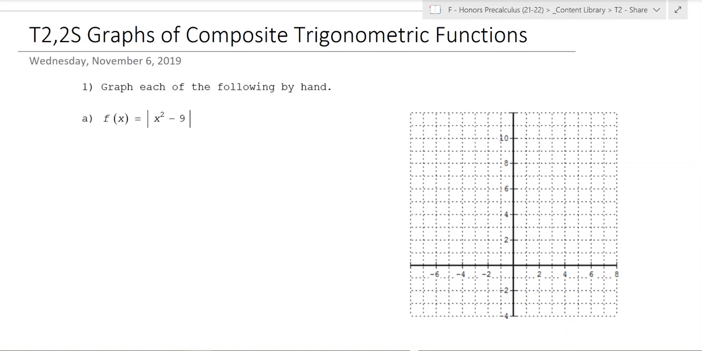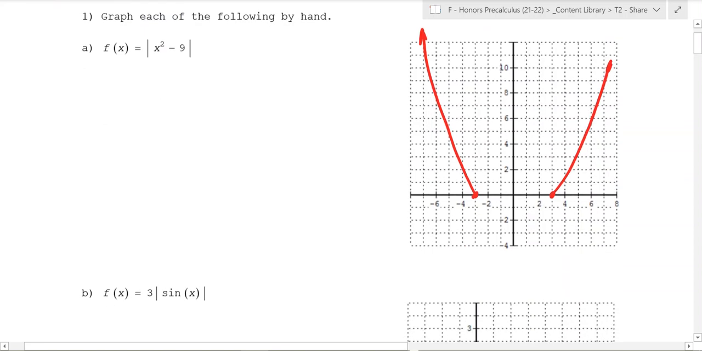Let's warm up with remembering what the absolute value function does to graphs. So if we were to graph y equals x squared minus 9, for example, it would cross here at -3 and +3, and it would go up like this, and it would go up like this, and it would cross all the way down pretty far down at -9 and go back up, and